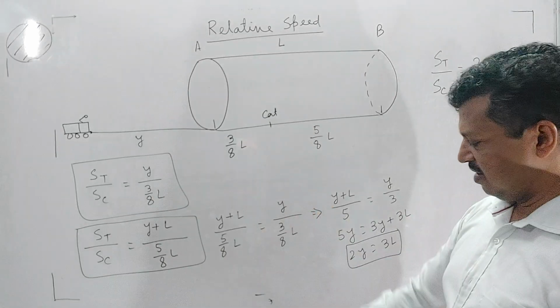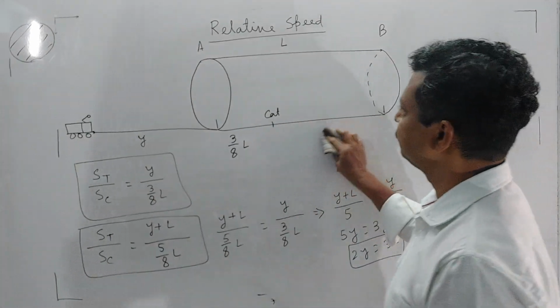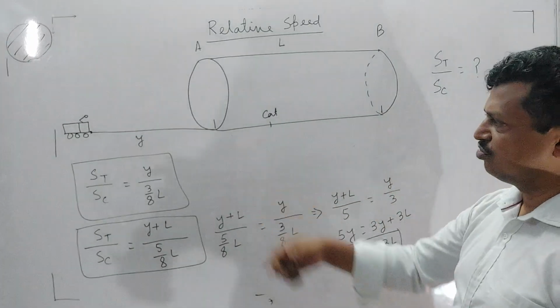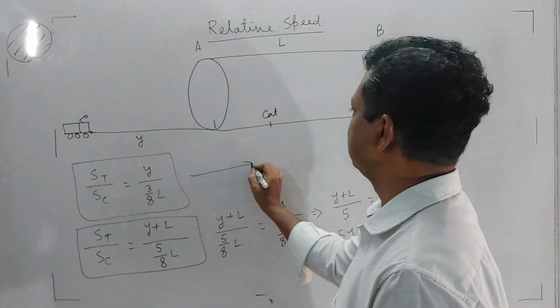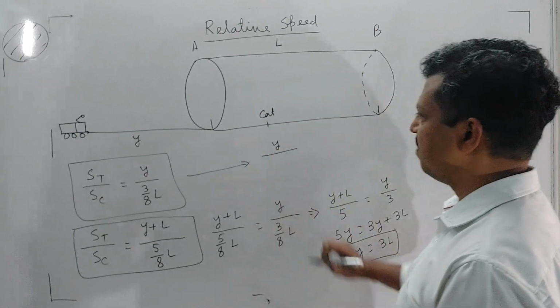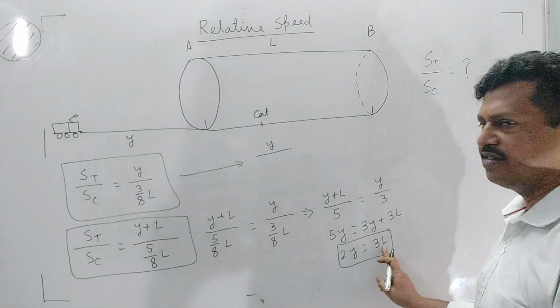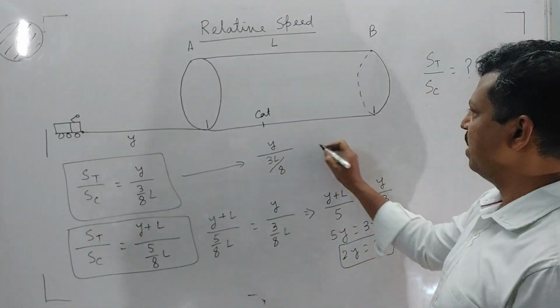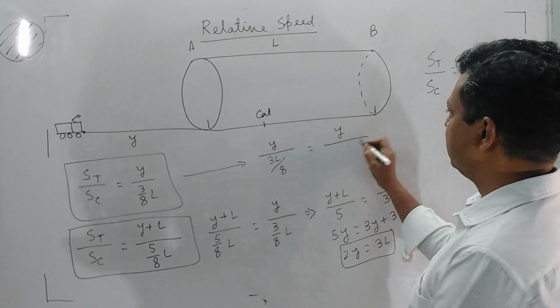So now replace over there. So have a look. So finally I can get the answer. I put these values over there. So what is my answer? The answer is speed of train by speed of cat will be Y divided by 3L by 8. 3L is how much? 3L is 2Y. So Y divided by